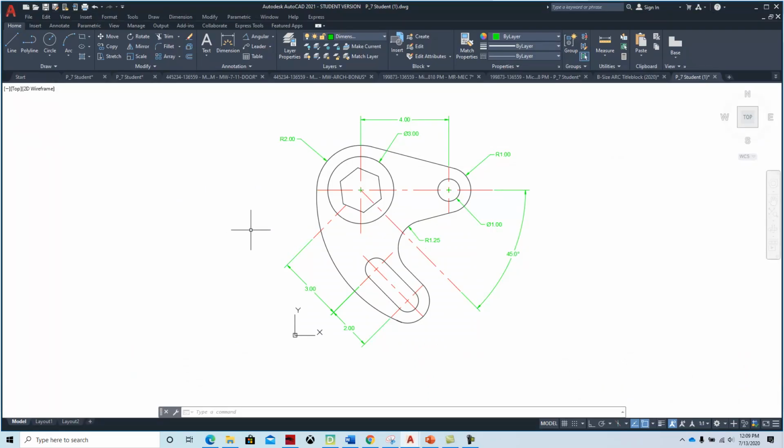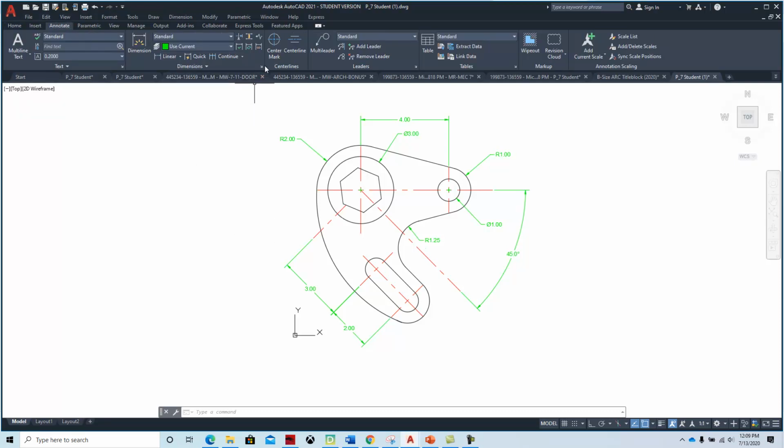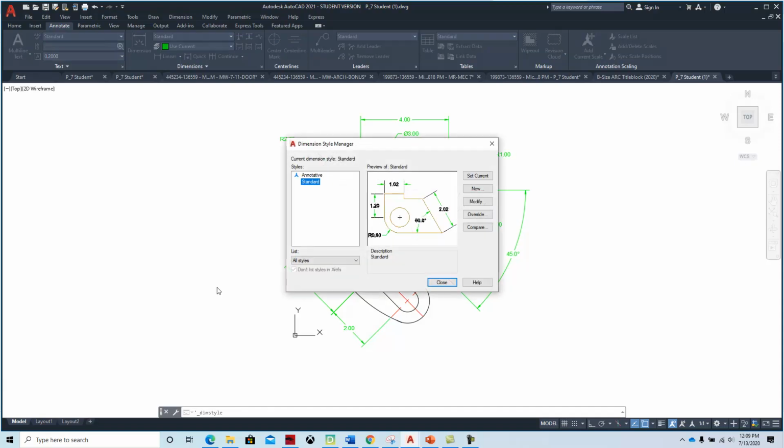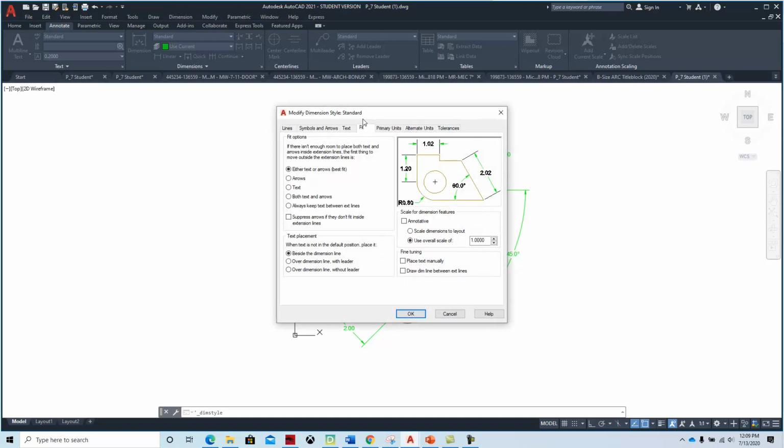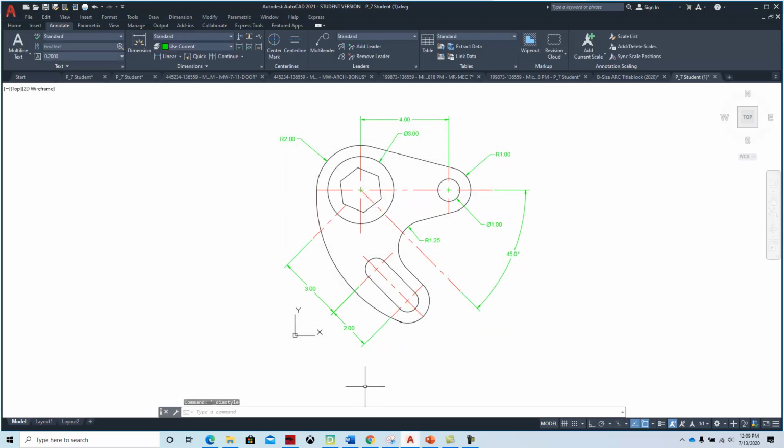And on mechanical prints, there's not a lot to it. If we go to the Annotate tab and you click on these little arrows here, this is our Dimension Style Manager. And if you go to modify it, it's typically right here on the Fit tab that we would set this overall scale. On a mechanical one, we leave them alone at 1. But when we go and we work with an architectural print,